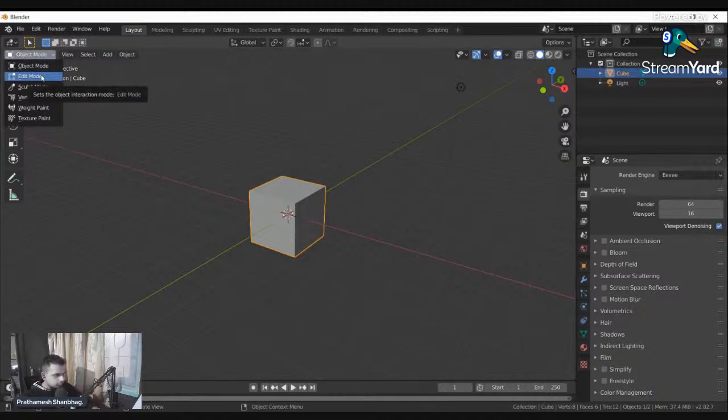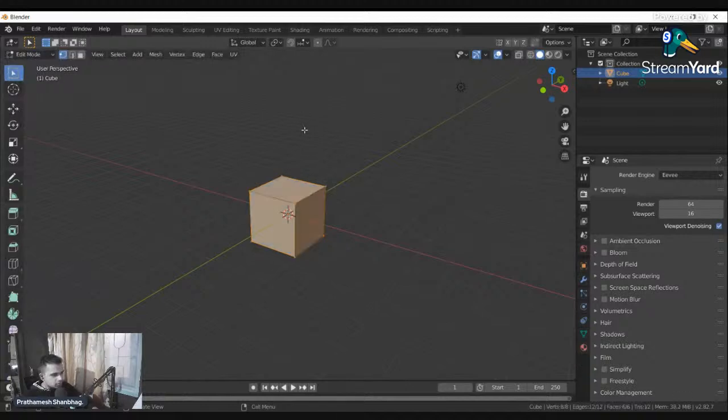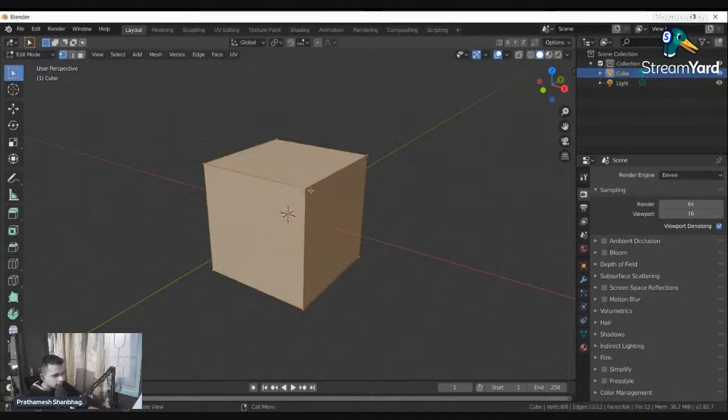That's it. So what happens when you click on object, the edit mode changes the geometry of the object. Like I had explained to you, you can see the vertex, the edge and the plane. You can individually select each vertex, edge or plane depending on the settings. I'll show you the settings as well.